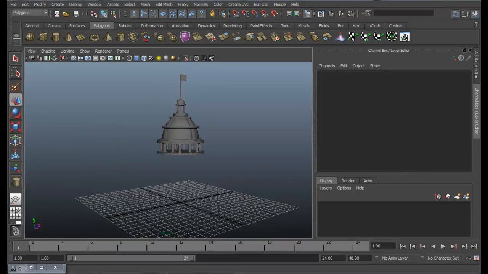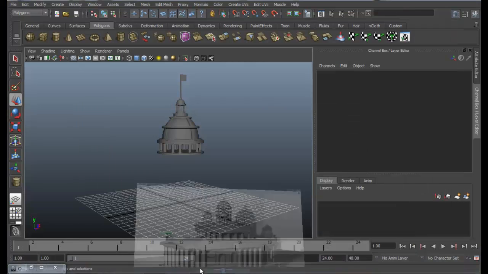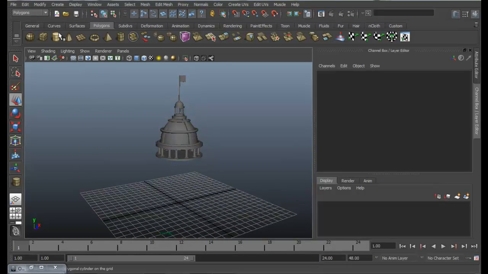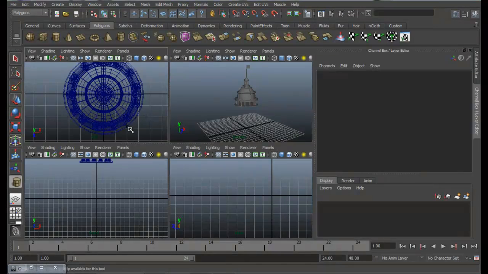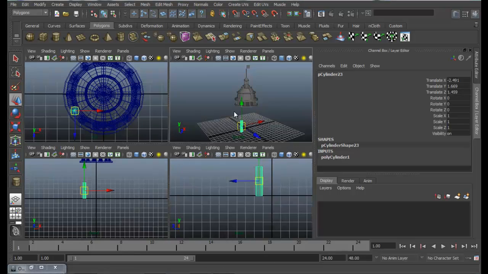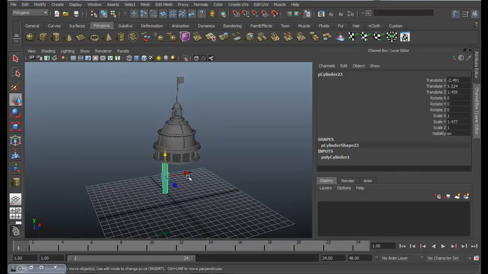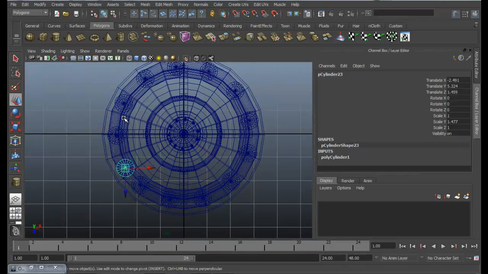Now I think we have some more pillars, long pillars. So using the same technique, just go ahead and draw a cylinder. Just scale it in y-axis. That's good. Press the insert key to change the pivot point. Snap to grids. Snap it to middle.